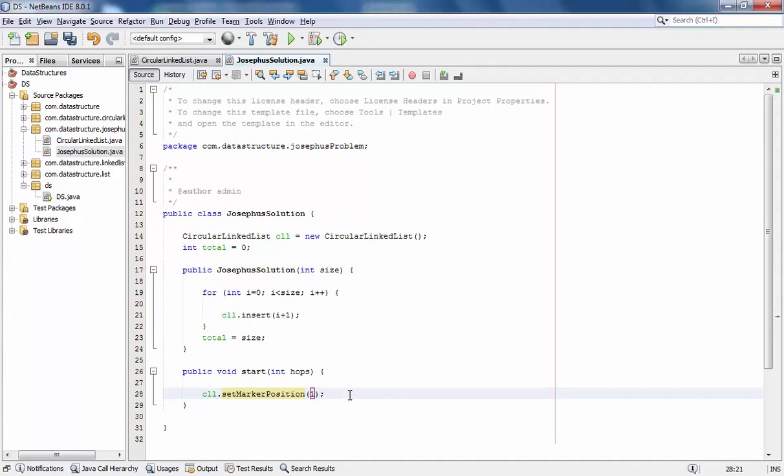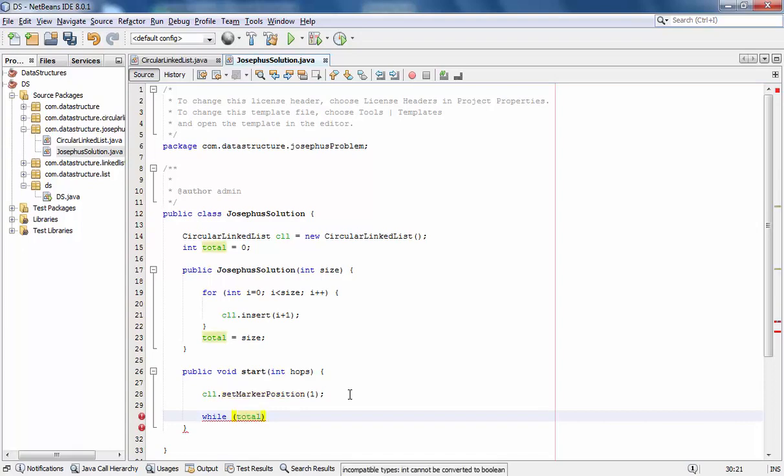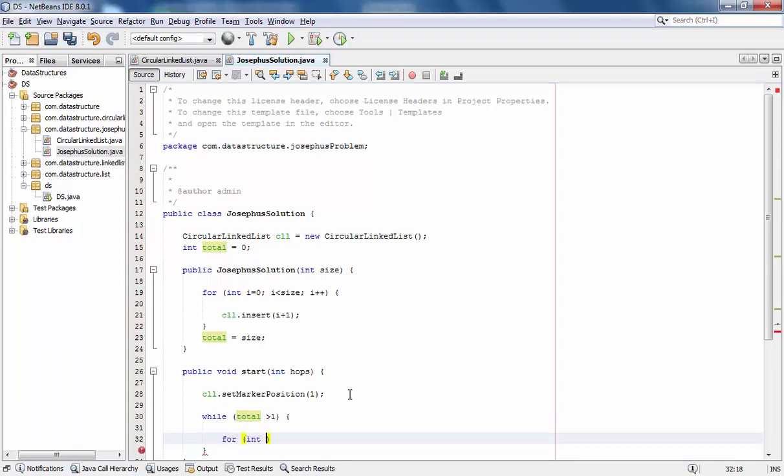Okay, so after this we will take help from a while loop. While total is greater than 1. Okay, why greater than 1? Because we need the last element. We don't want to delete the last one, so we will loop till the last one. For int i equals 0. This loop is for the number of hops we want to take. i is less than or equal to hops, i plus plus,